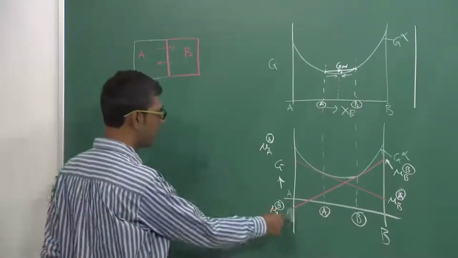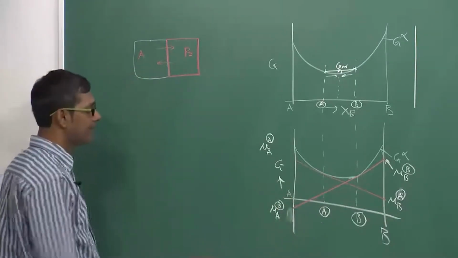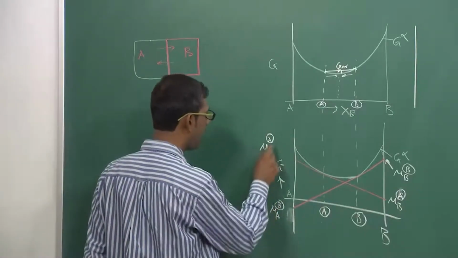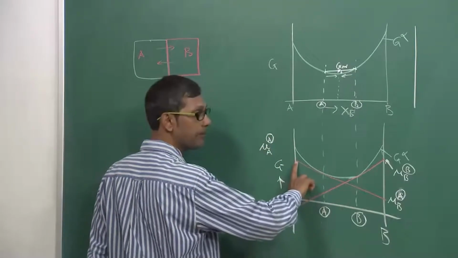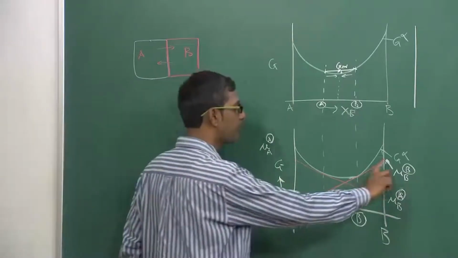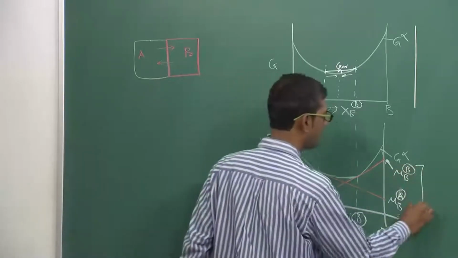Even if I look at the pure A end, that is the component A in the alloy A and alloy B, there is a change of chemical potential. So, that means because of this difference of chemical potential, there is a delta mu here, there is a delta mu there,